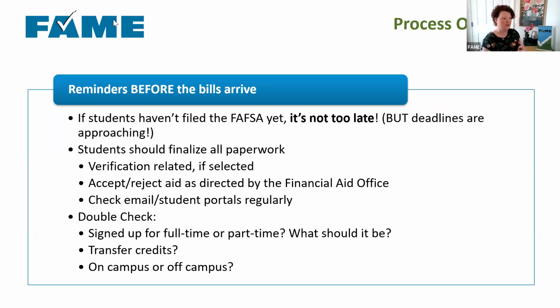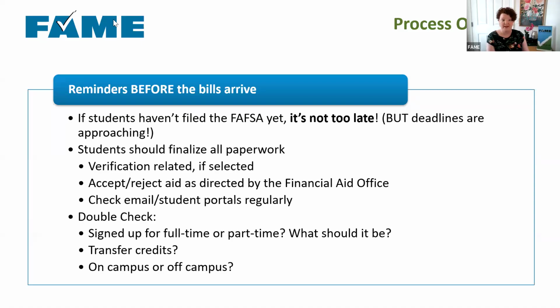And I can see I just got a question. Does the student need to confirm with the school before accepting financial aid? And so yes, typically you are going to say yes to the college, and then you are going to say yes to your financial aid. So students may still be waiting for all of their financial aid packages to come before they decide which college they're going to say yes to and make that decision. Most schools give students until May 1st, so they can wait. They're going to accept their admissions prior to accepting their financial aid.